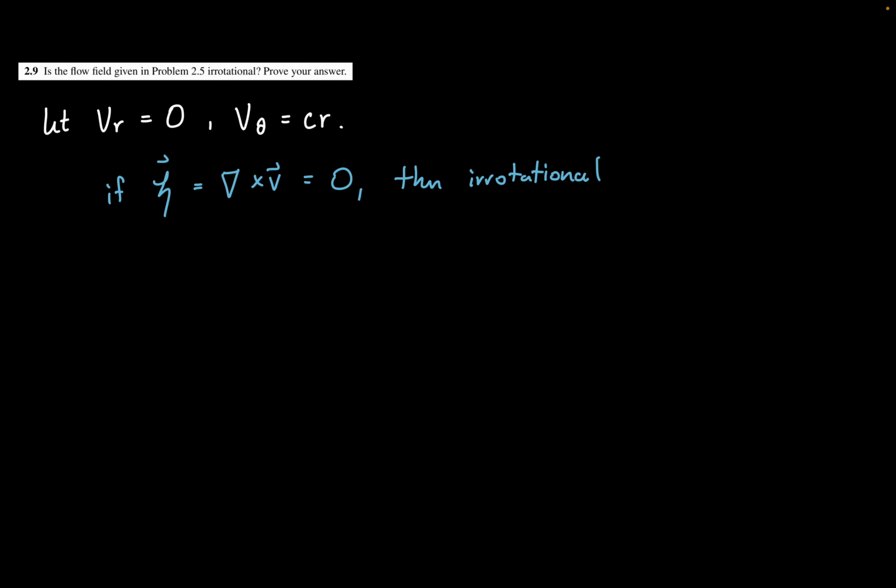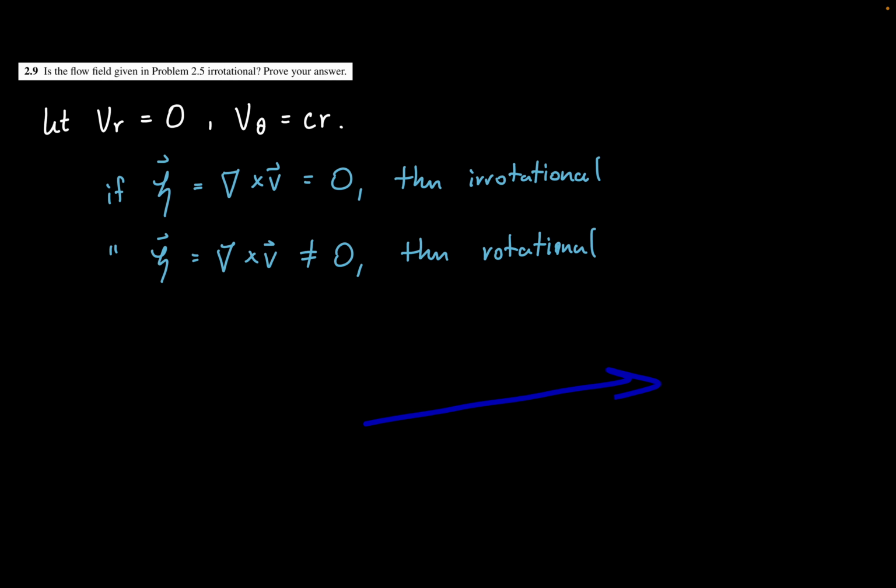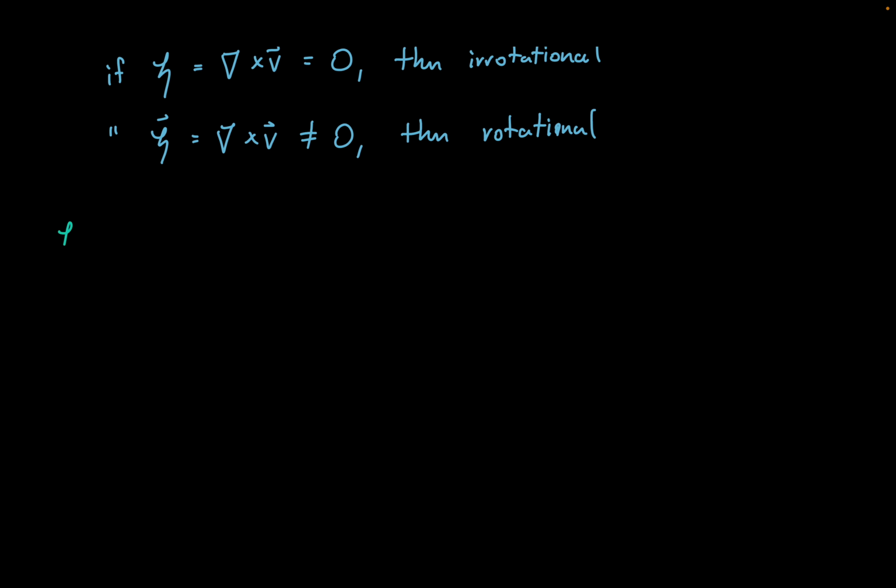So now, on the opposite case, we can say that if our vorticity, which again is equal to the curl of our velocity vector, is not equal to 0, then we have rotation, or it's rotational flow. Because in this case, we have some sort of vector, and we have flow that's rotating about it. So now, what we can start out by doing is calculating our vorticity to determine if our flow